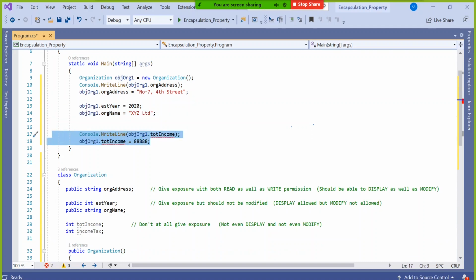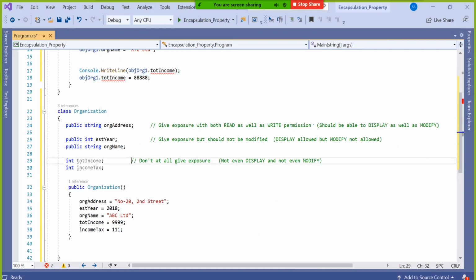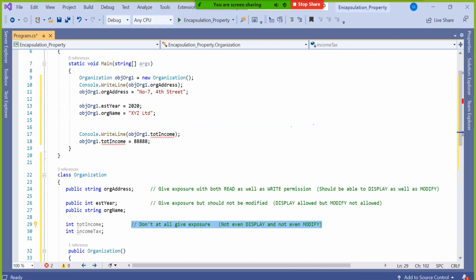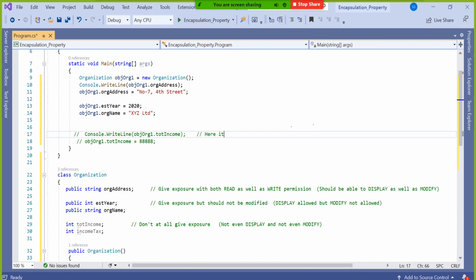Income tax and total income, it is not allowing, which is good for us because our requirement also says that. So let me write whatever I am speaking. Here it doesn't allow read, not even write.